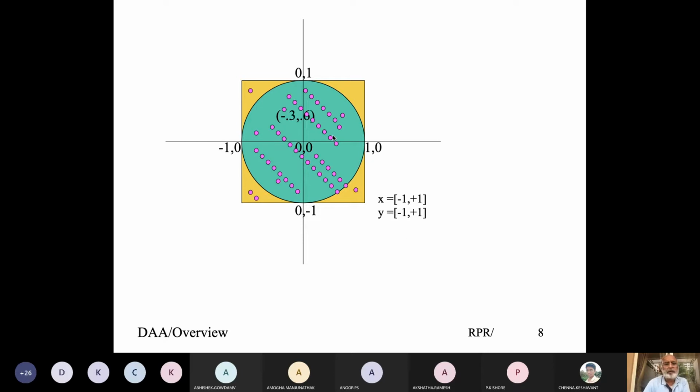Now, given that my radius of circle is 1, and this is the xy axis, what is the equation of the circle? Does anyone remember from high school days?